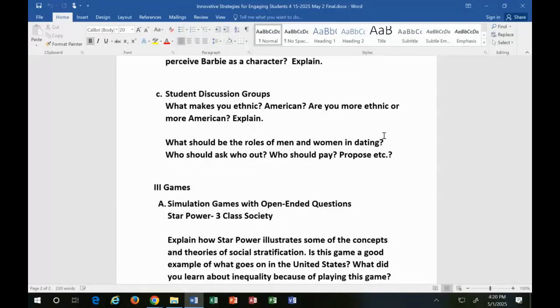Right, because some of this, actually the only static I've ever gotten recently was from an administrator over at Morton. Somebody that really doesn't know what they're doing. She said, I think you should stop asking some of these questions. Too personal, like who should ask who out?